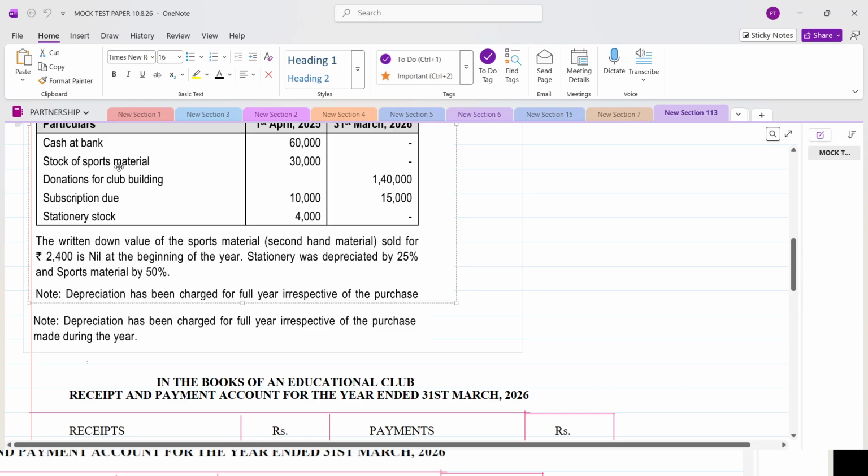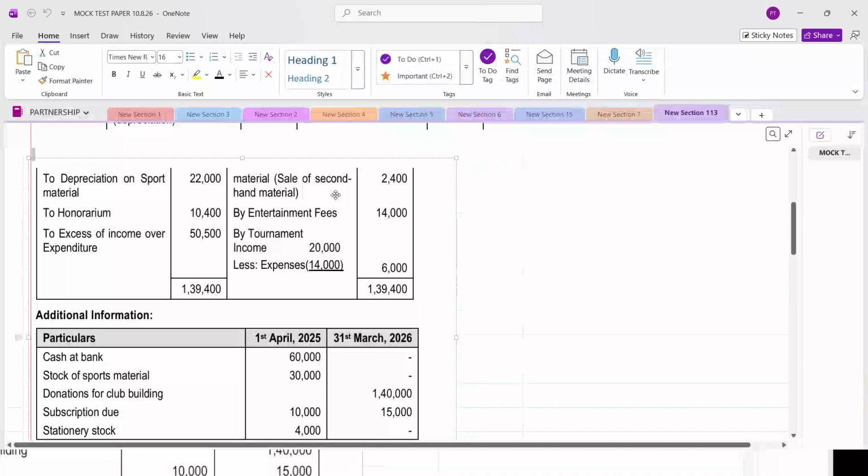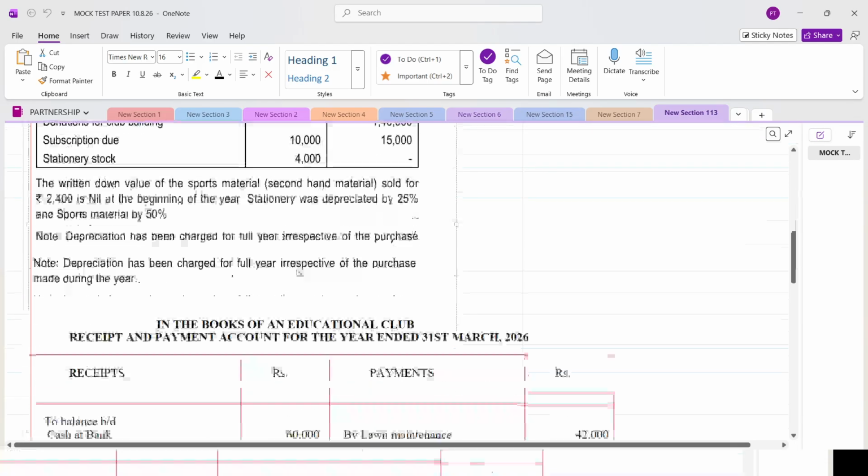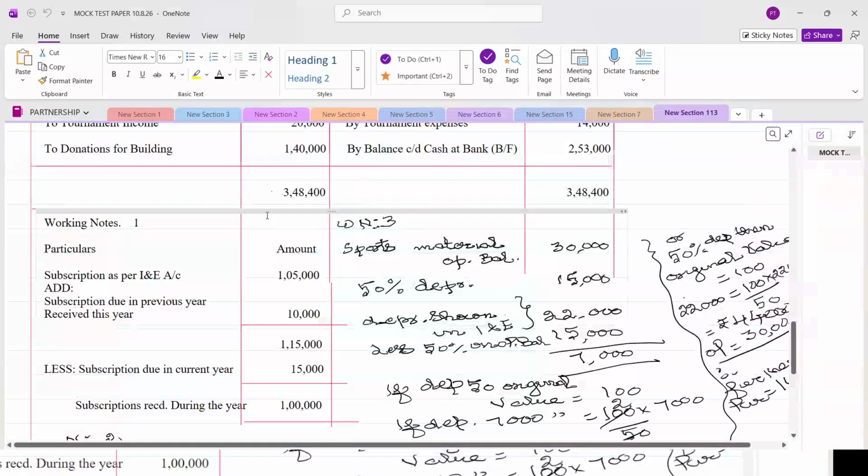See, first we will work out for sports material. Sports material is 30,000. Okay, let us first do for subscription. Subscription work, you have to make it out, properly make the working note, particular amount. So subscription shown in income and expenditure account,